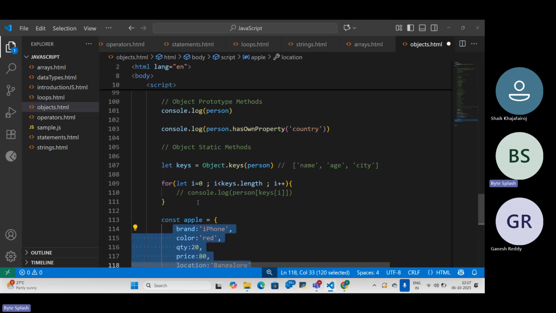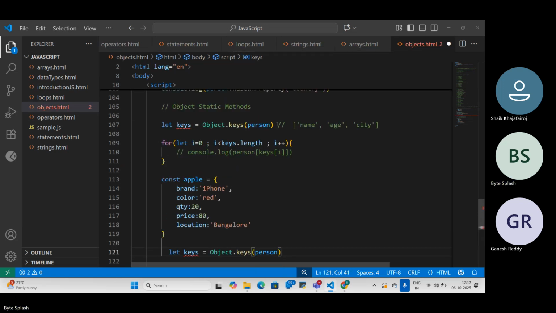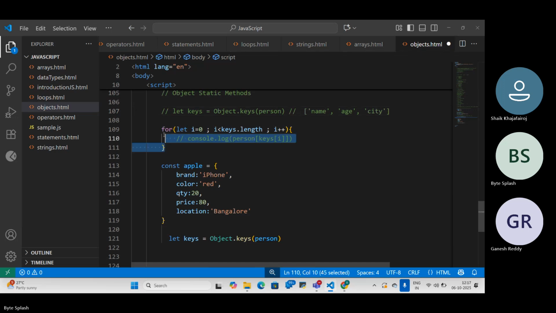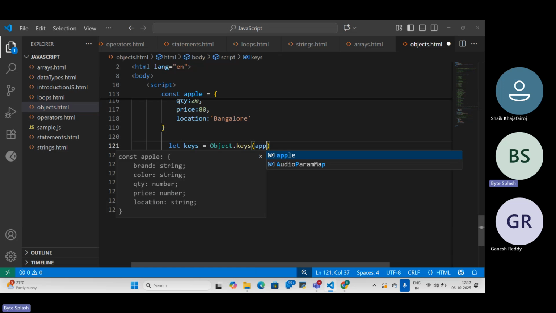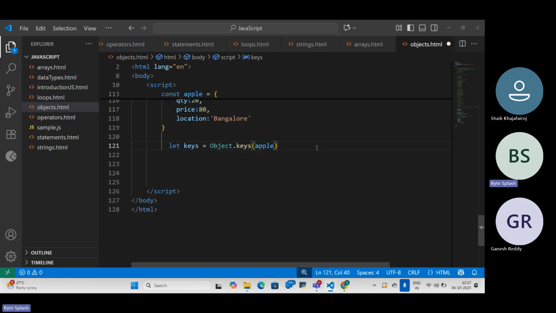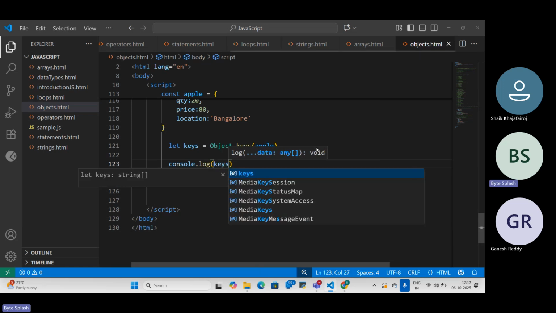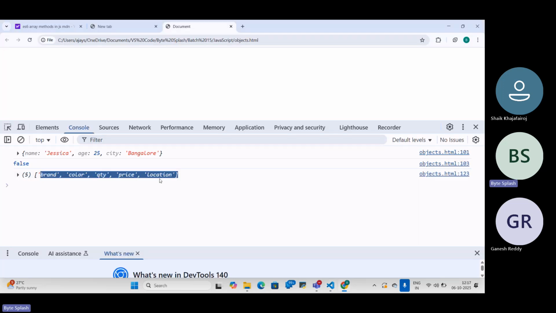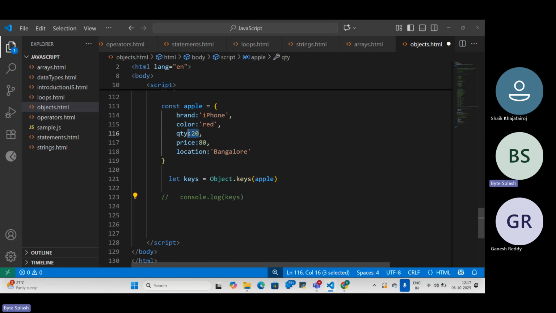Now I am going to extract the same keys here, but the object name is apple. Now try to console it. Console.log keys. So what is it going to extract? It is going to extract all the key names of that respective object. Clear? Now, if it is number data type, I need to convert it